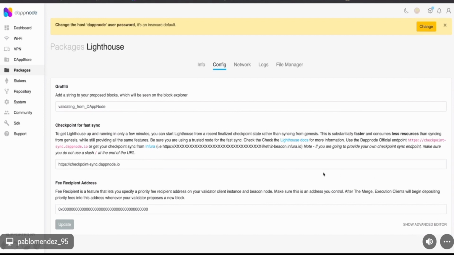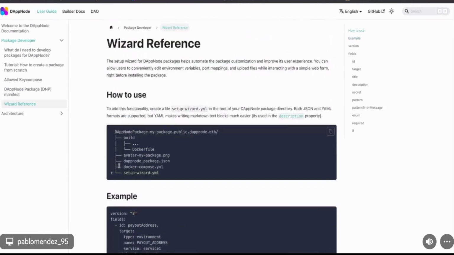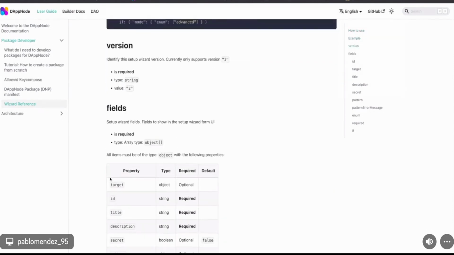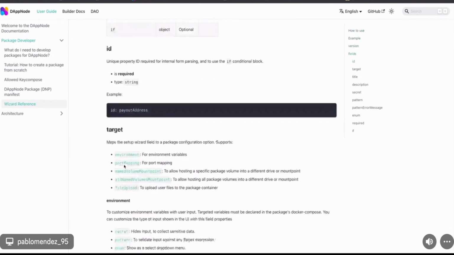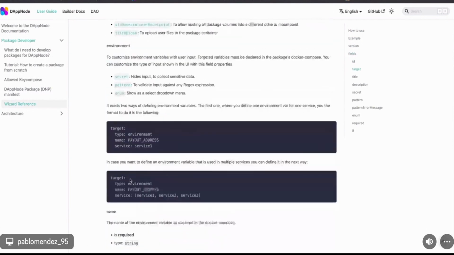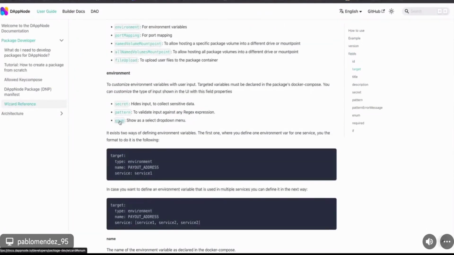So right now it's only possible to set config variables as plain text inputs, right? No, you have more options. Let me look for them. Yeah, I will share with you the docs. But you can choose enum, for instance. You can also choose secret. So let's see each of them.